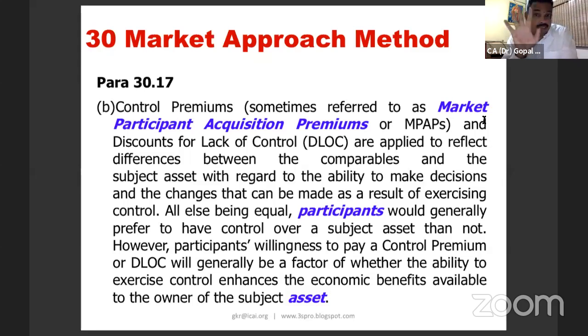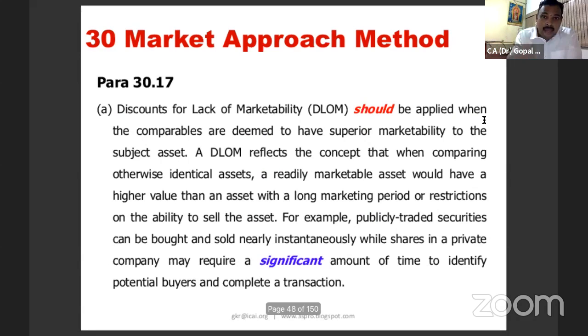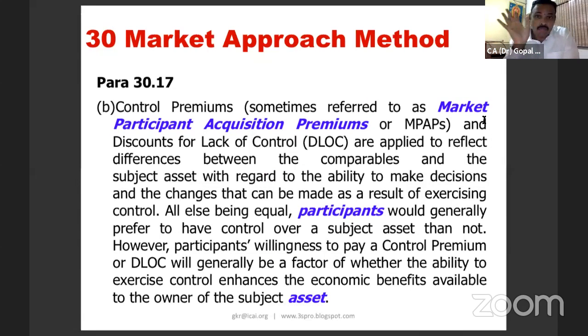Now, what that percentage is, is subjective, but adding up and then discounting for premium, compounding and discounting, is a practice. It is a prescription under para 30.17a, 30.17b. Control premium and discount for lack of control are opposites. And what is the formula? Discount for lack of control is equal to 1 minus 1 divided by 1 plus control premium. A formula. So control premium and discount for lack of control are applied to reflect differences between comparables and subject